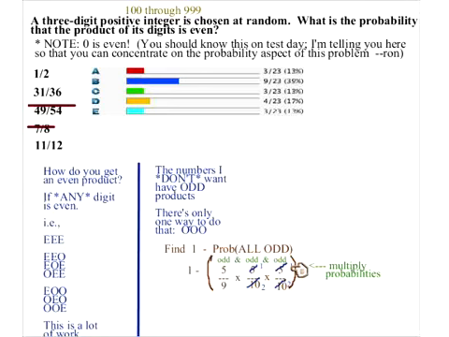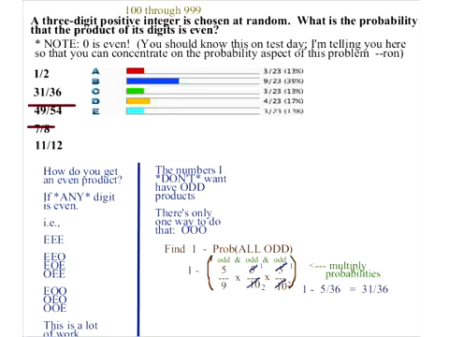Okay, good. All right, so that's 1 minus 5 out of, once you reduce those fractions down, you get 1 minus 5 out of 36. So that's 31 out of 36. The other way you can do this